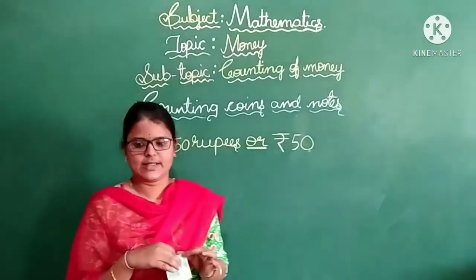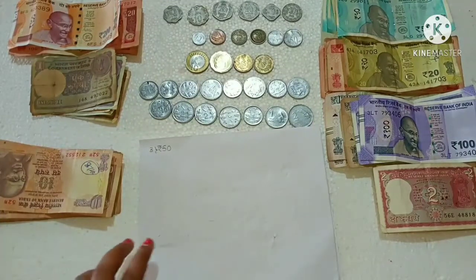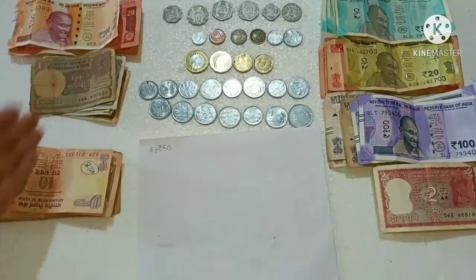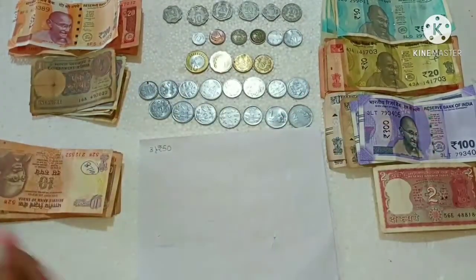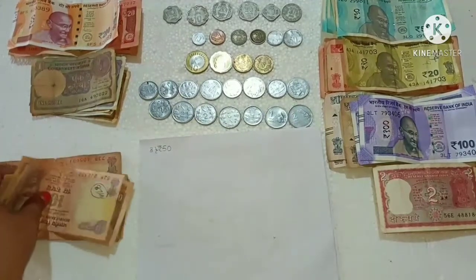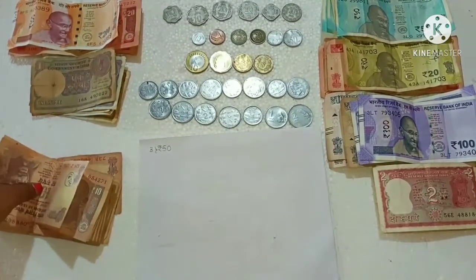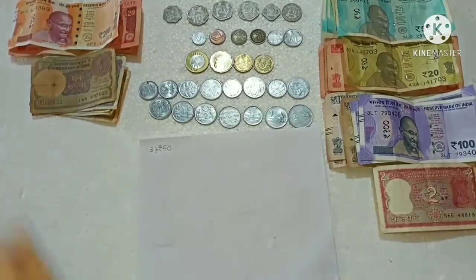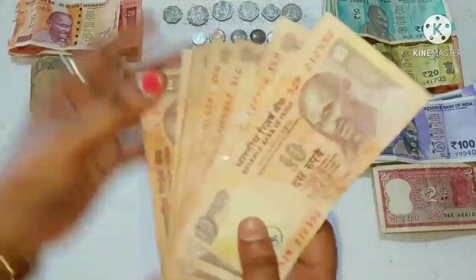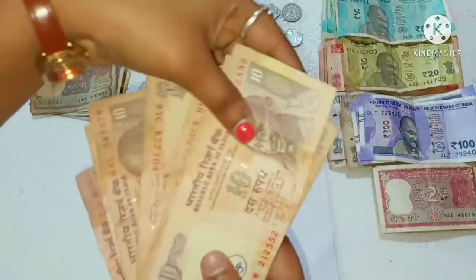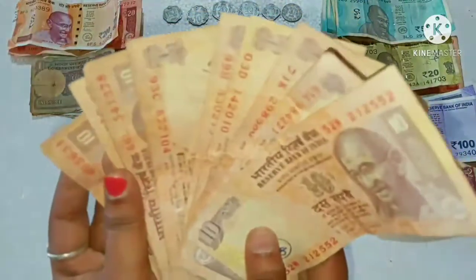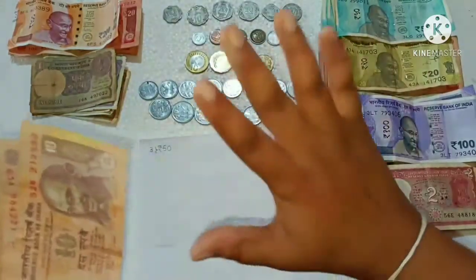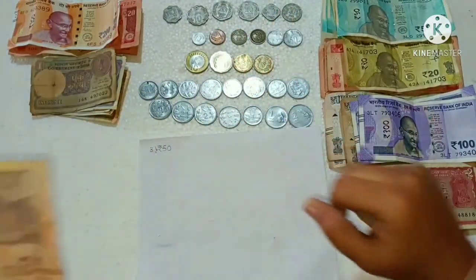Okay. Yes, dear children, example number 3, rupees 50. Okay, how can we arrange this rupees 50 using these notes? Okay, yes. See, for arranging the 50 rupees, we need 5, how many? Five 10 rupee notes we want, right? Yes, can you see? These are the 10 rupee notes. Okay, see, look at here. By arranging the five 10 rupee notes, we will get 50 rupees.